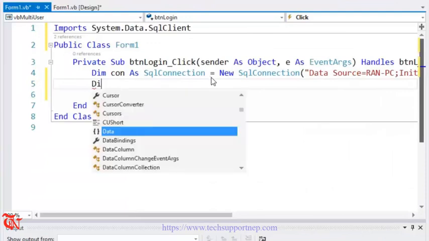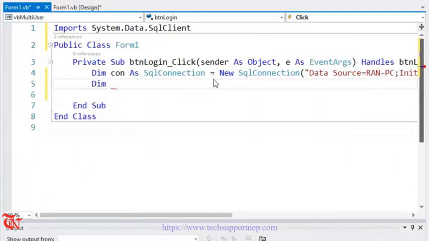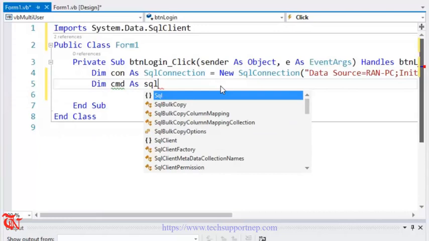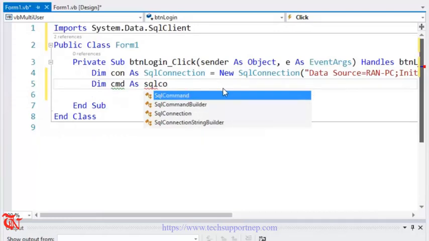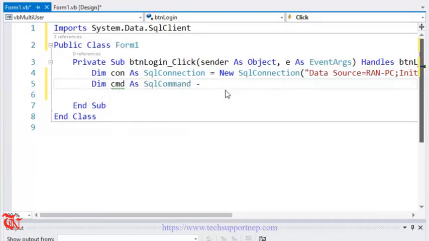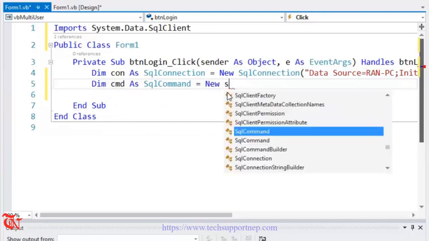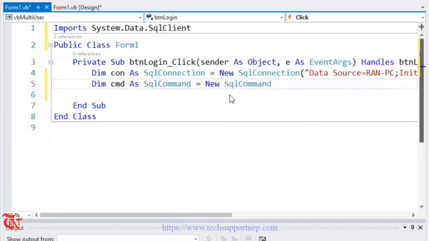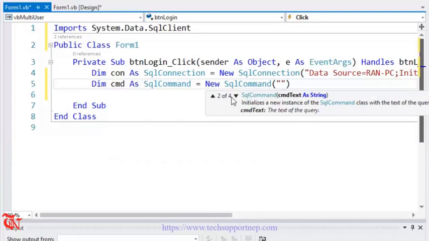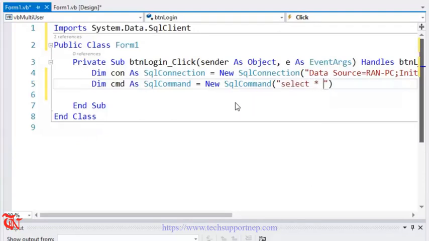Now dim cmd is SQL command is equal to new SQL command, and we are going to write the SQL query inside here. So select all from table name login, where